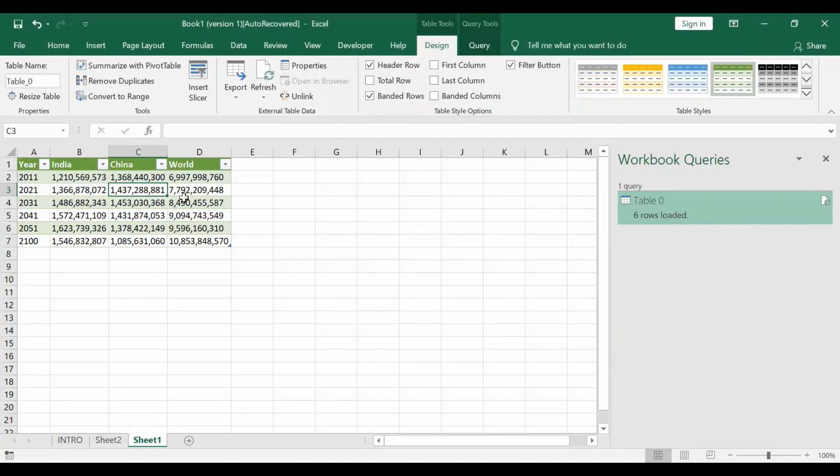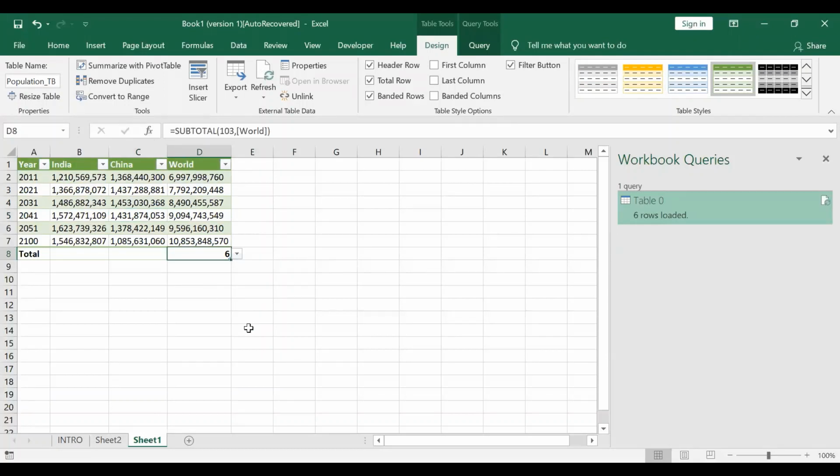So now let's see, this table is nothing but a table which appears normally in Excel. So basically I can change the table name to any other table name that I want. Say I change it to population TB. Right, so population table is the name of this table now, and I can add or remove the table style options. I can change the design into any other format of my wish. Now say suppose I want to add a total row. So I've added a total row, and the function which is running over here is subtotal.